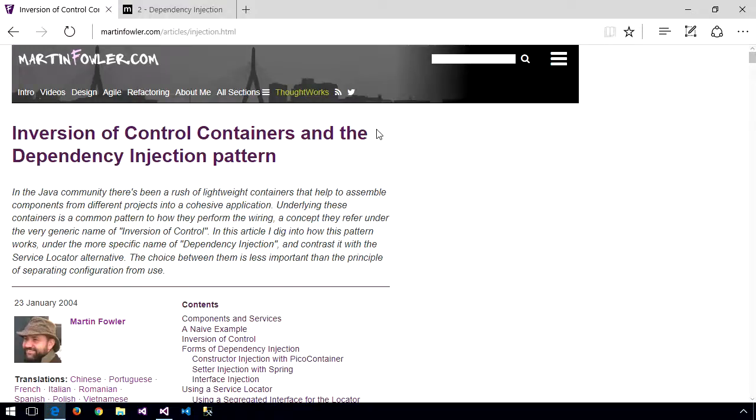Before we get back into the code of the startup object within the sample application, I want to point out a couple of really good, pretty timeless articles about dependency injection. So this first one that I show here is from Martin Fowler, and it's called Inversion of Control Containers and the Dependency Injection Pattern. This is a really good, very readable article. As you see, it dates back to 2004, so well over a decade ago. And it lays out how dependency injection works in the early days of when this was really becoming a pattern that was starting to be adopted widely. And the nice thing about this one is that